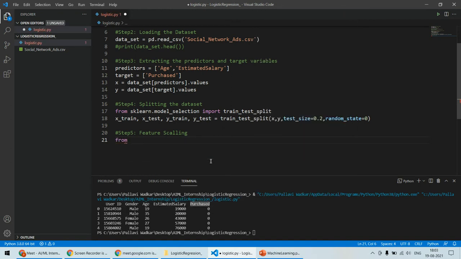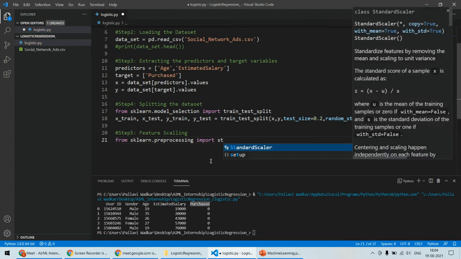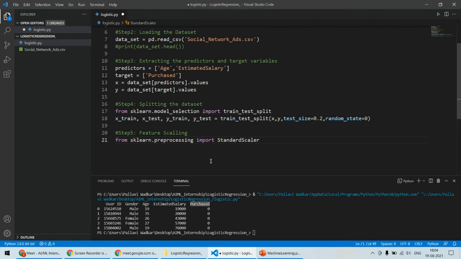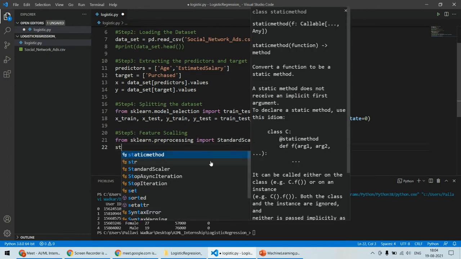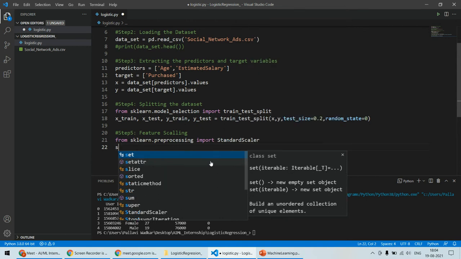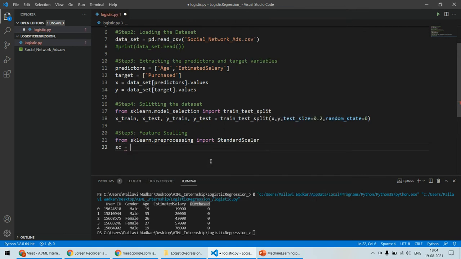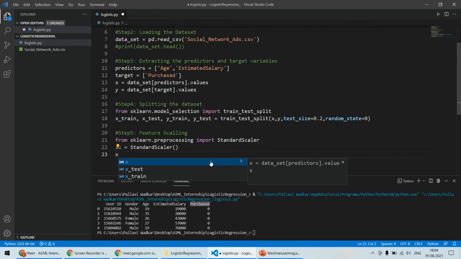So from sklearn.preprocessing import StandardScaler। Okay, this is going to scale up and scale down। Okay, वो scaling करेगा, तो StandardScaler, let's say sc equals to StandardScaler, this one which we have loaded over here. And now we will change X_train and X_test data, so